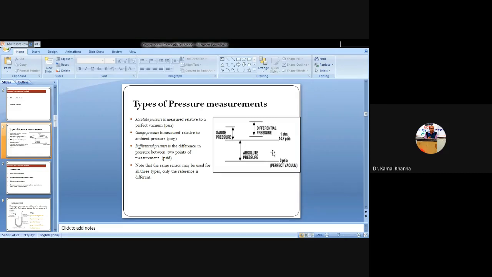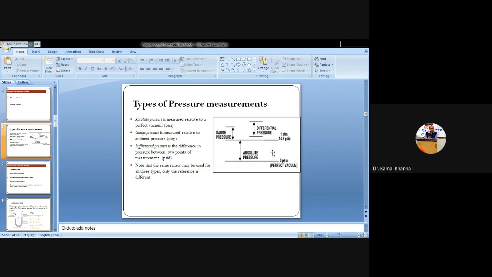So absolute pressure is a positive pressure, whereas vacuum pressure is a negative pressure which is measured below atmospheric pressure, where no atmospheric air is present in the system. Whereas the absolute pressure is always measured above zero, and it is defined as the pressure which is measured above absolute zero. Okay? So all the values of the absolute pressure are positive, as compared to the vacuum pressure, which is always negative in terms of pressure measurements.